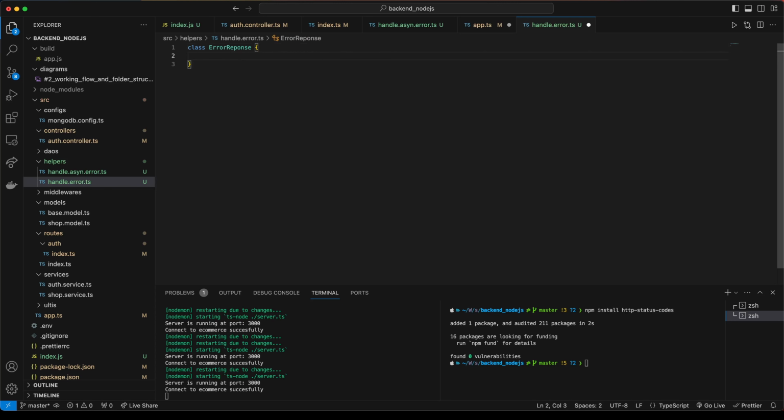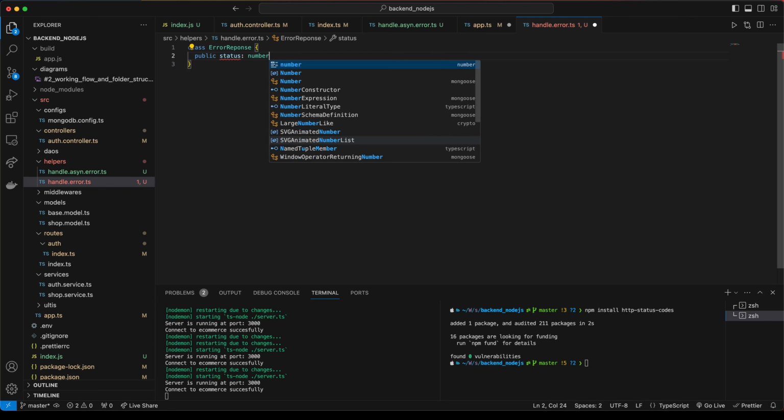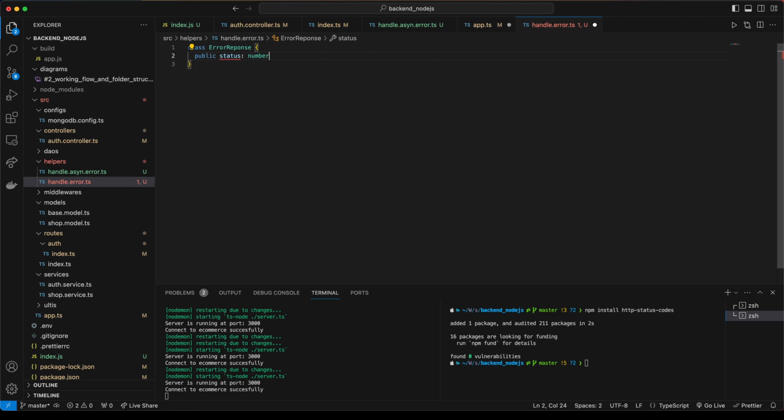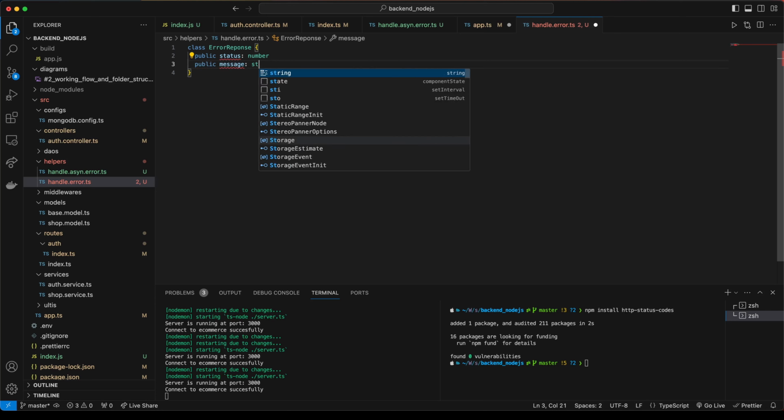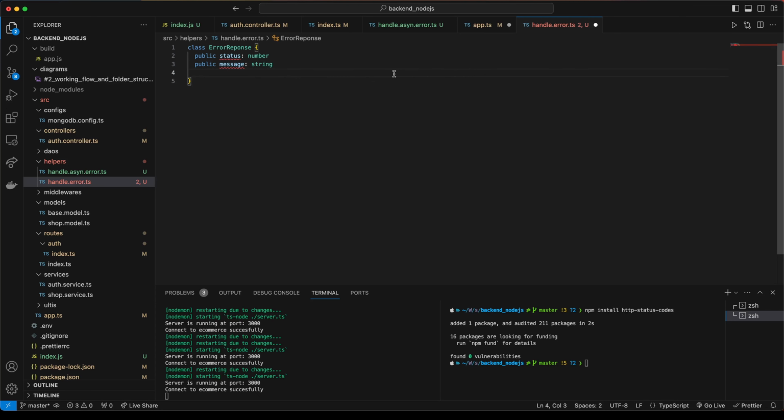It will have two attributes: public status, which is a number, an HTTP code, and a message, a string. Okay, so we will have a constructor